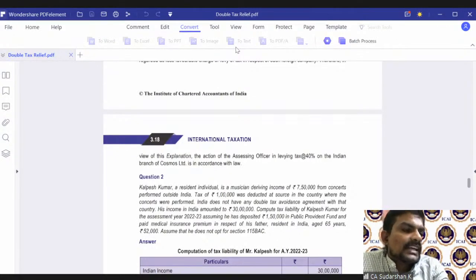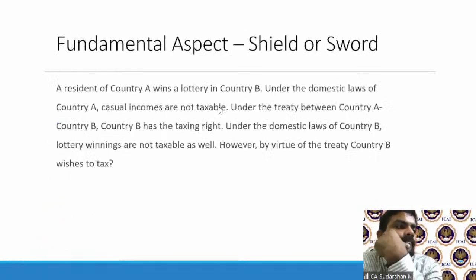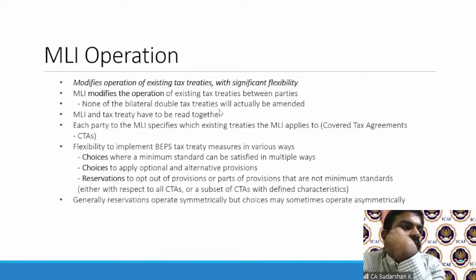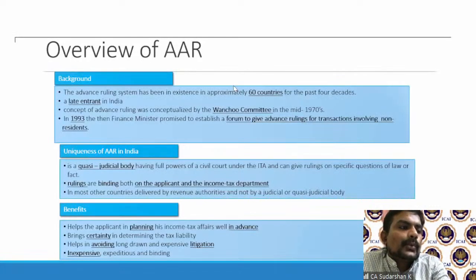So what I will do is, I still have advance ruling to touch upon. With this, we are done with double tax relief, the basic concepts as such. We are left with advance ruling. Now, very quickly on advance ruling, of course, I'll be sharing the slides. But the main idea of advance ruling was